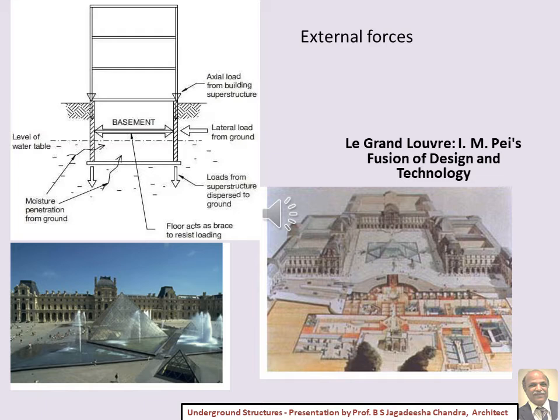The other two slides explain, the left one shows the courtyard I mentioned in the previous slide. It is a courtyard in the Louvre Museum in Paris, France. This Louvre Museum is an old Renaissance structure, and anything that is built today may not match. The architect I. M. Pei is the architect for this. He had an innovative idea.